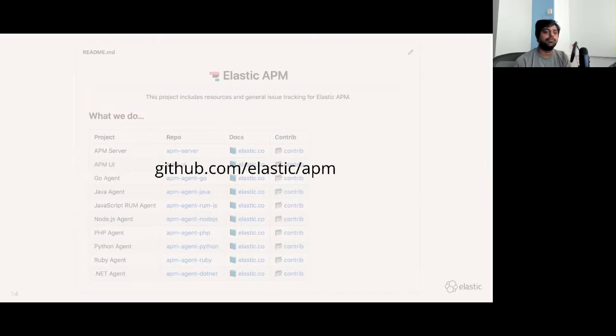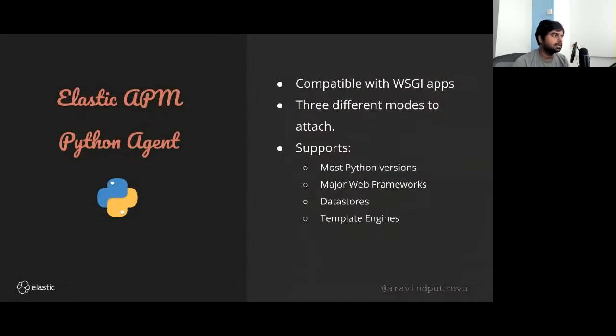So please, if you want to contribute, it is not just for code. It can be documentation. It could be some changes that you want to make, something that you could suggest, a bug that you could report, or a feature that you want. So you could ask anything. These are the repos that we have, because it's a large project and there are different agents, so you can refer to this repo and go to the concerned place.